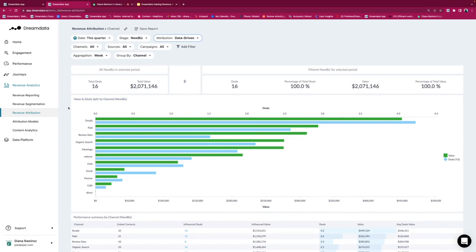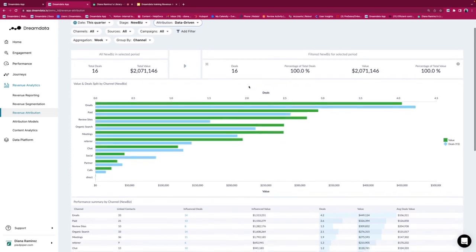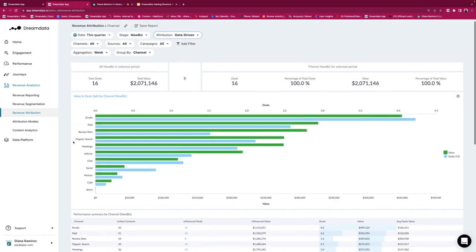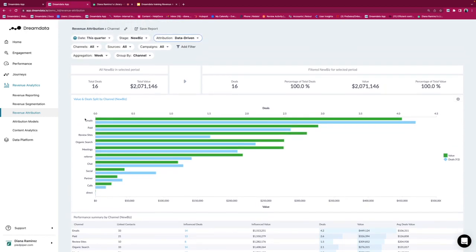What is the story that we're telling here? For this quarter, we were able to achieve 16 deals. This is the total value of those deals. And now the question will be obviously what contributed to generate those 16 deals. And then we can see that mostly here, based on the data-driven attribution, which is the algorithm that is calculating our customer journeys and comparing them constantly, that means for the new business stage, what is predominantly working here is emails